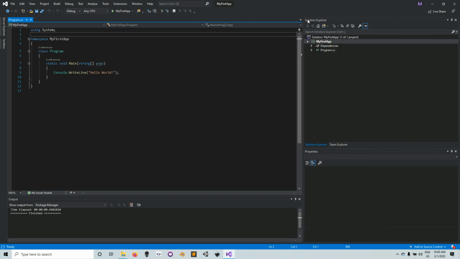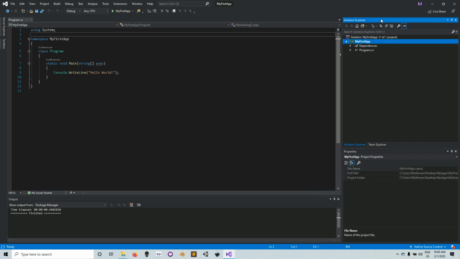Another window again is the Solution Explorer. Look at it here. It says Solution Explorer. The Solution Explorer shows you everything in a hierarchical view, everything that is inside your solution. If you look inside the window here of the Solution Explorer, the first thing you will see is Solution, then the name of the solution,